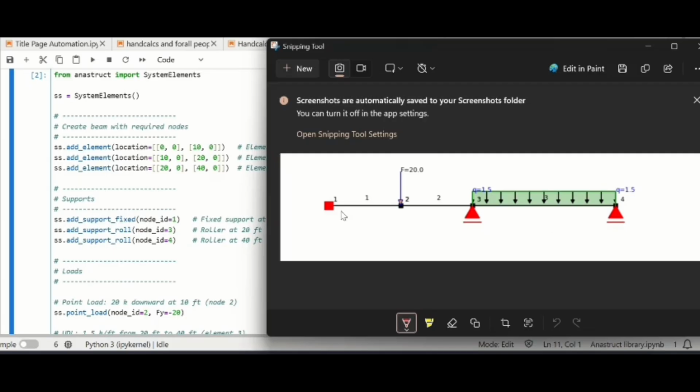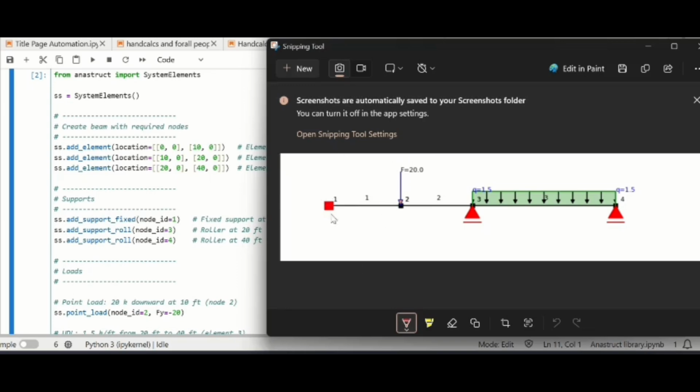Because there are loads in the form of a point load and a uniform load, I tried taking the element where there is a point load from 0 to 20, but it was not placing the load correctly. So I divided it into segments and then I was successful in placing the load.